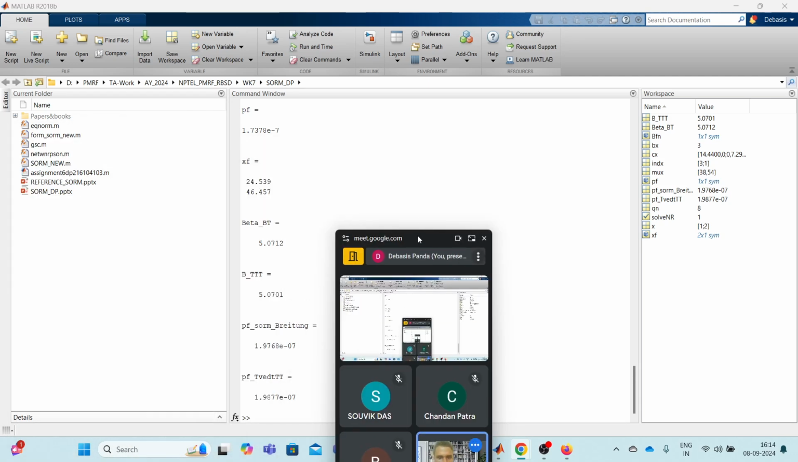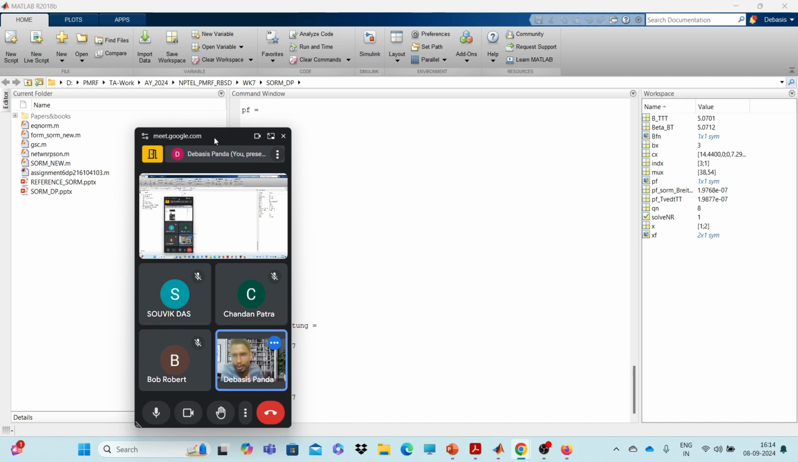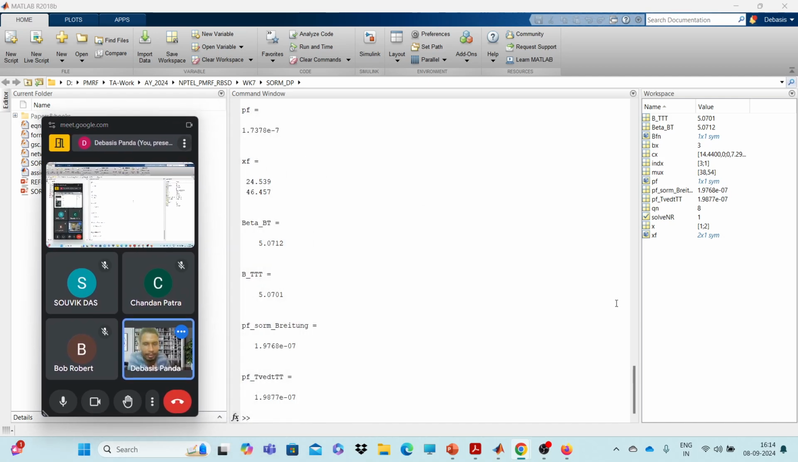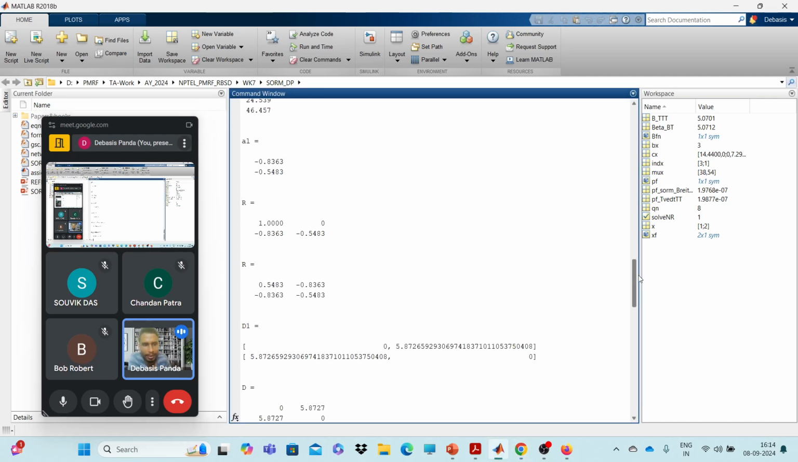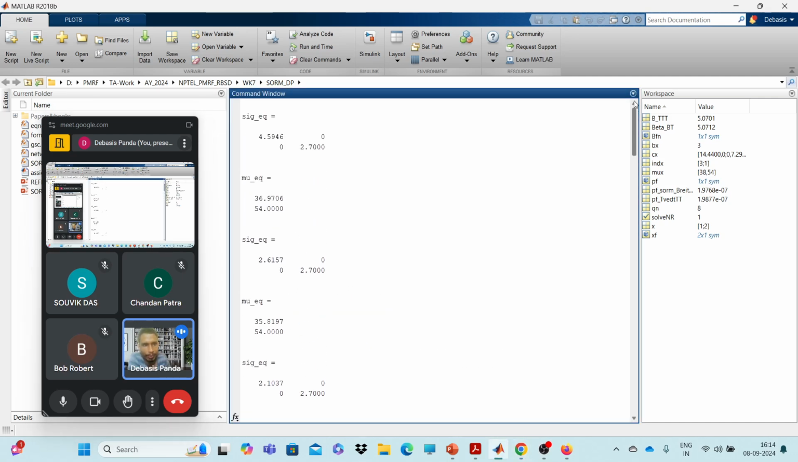So first, what it actually did, the simulation has already done. Let's see one by one. First, it checks whether we go for any equivalent normalization or not. So first, it does the equivalent normalization using the equinorm function file